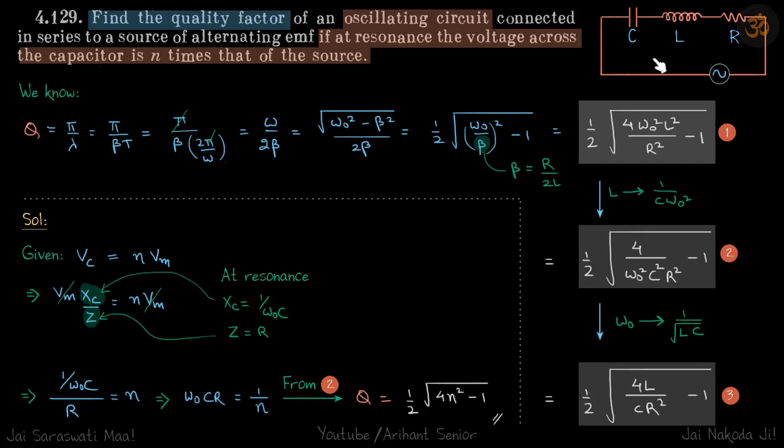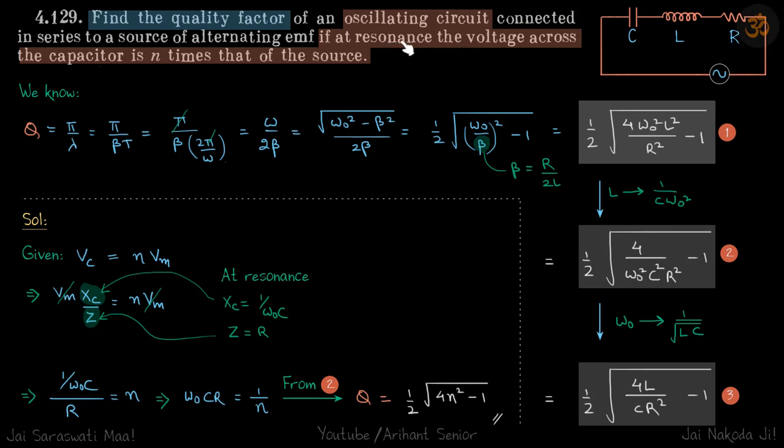We have this series LCR circuit. We need to find the quality factor if at resonance the voltage across the capacitor is n times that of the source. So in this circuit we are taking some variables as C, L and R. So let's try and find quality factor in terms of C, L and R, because we know the other things